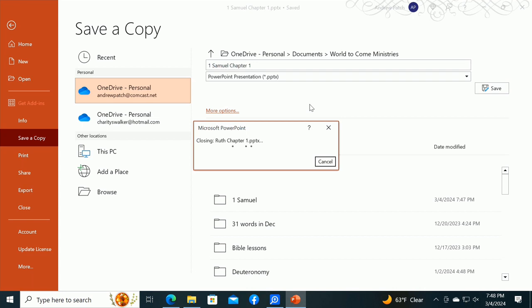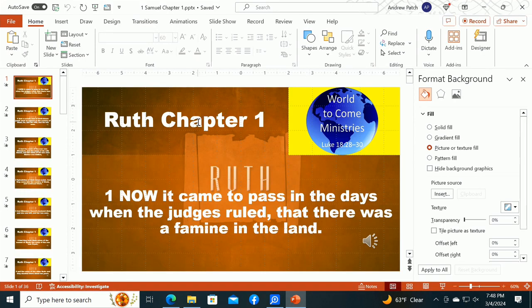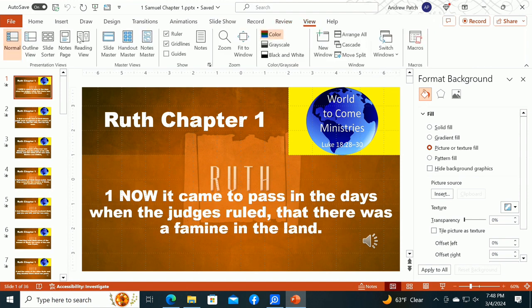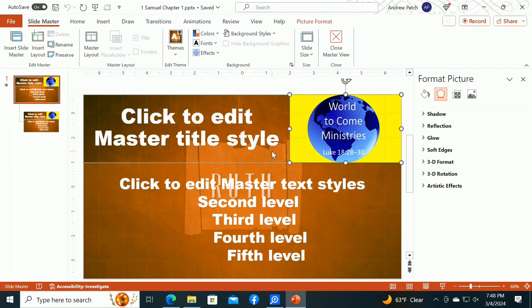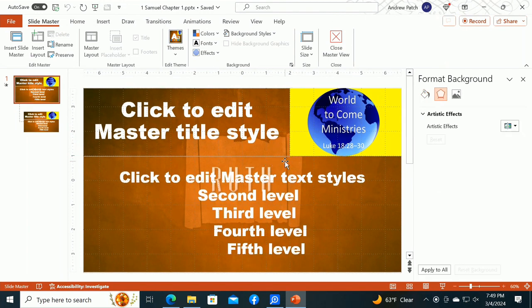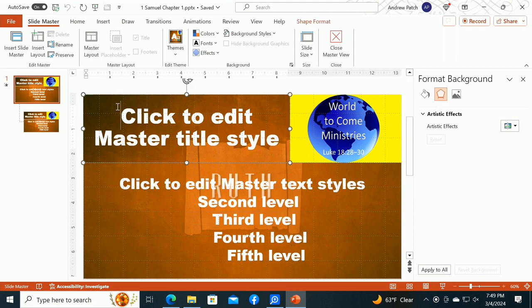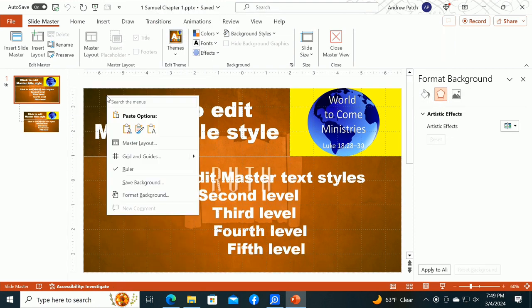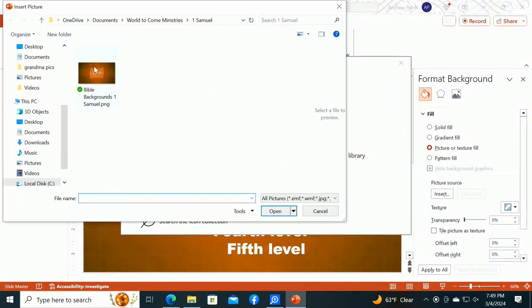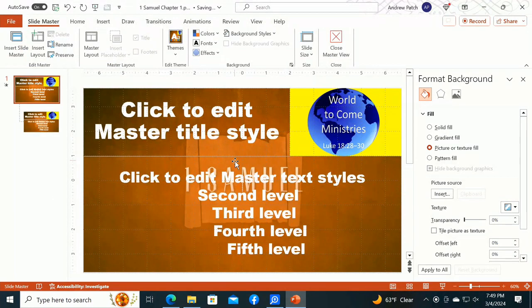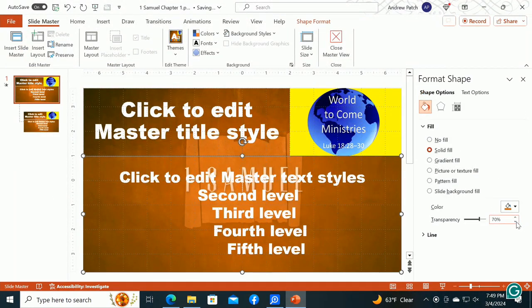Okay. And now it is saved for 1 Samuel. But as you can tell, we still have the background of Ruth, and we have to get that changed. So what I do is I go to my slide master, which is similar to what we did for the intro and the exit. I have it all set up. We're going to go ahead and put in our background, and we're going to make sure our transparency is at 65,